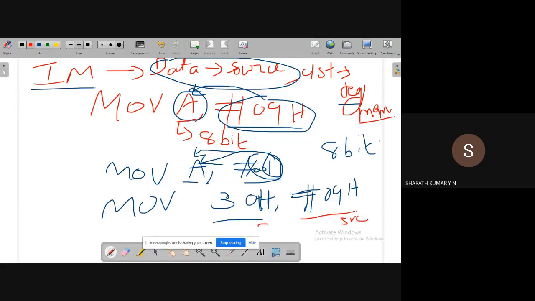We observe that the destination does not have a hash symbol, that is, the destination is a memory location, and a memory location does not have a hash symbol, whereas the source, which is the data, has a hash symbol. That's why it's called immediate addressing mode, where data is part of the instruction. So this is an example for 8-bit data.